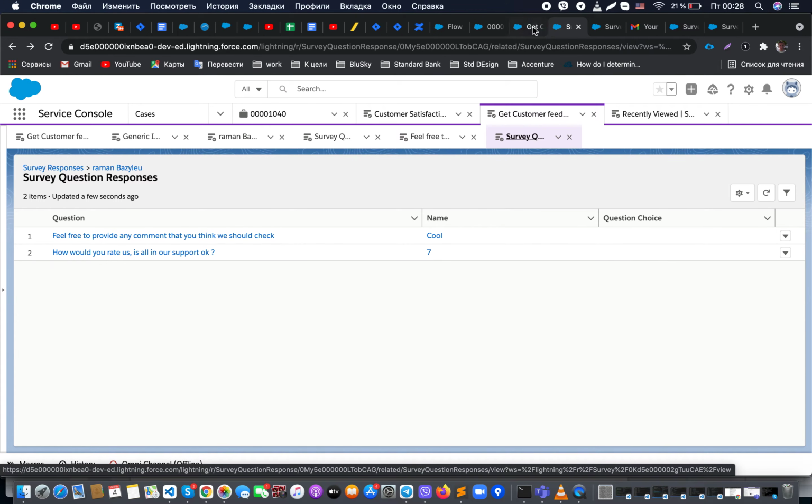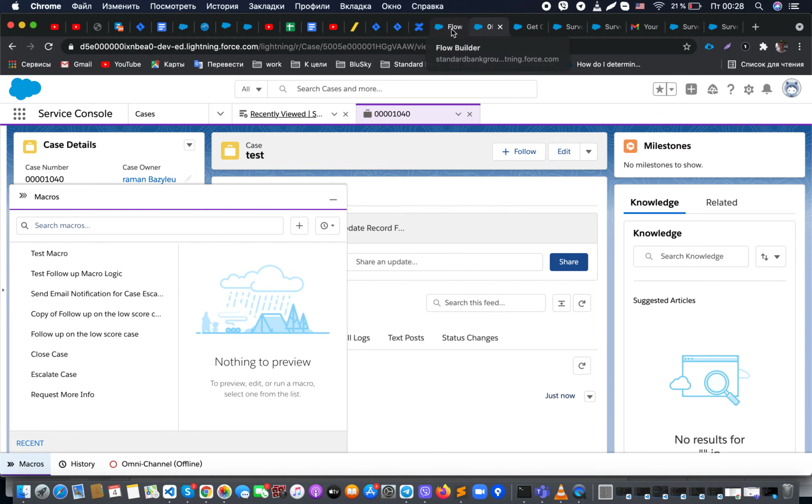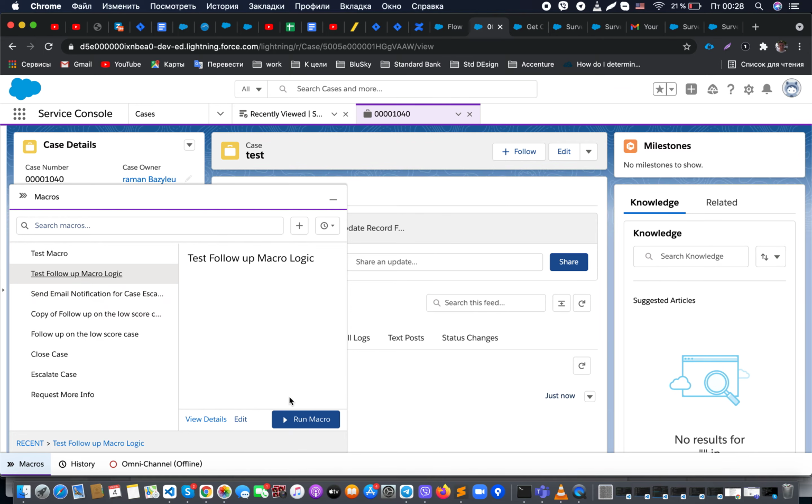So at this moment, just one more item that I would like to show to you. It's maybe a possibility for how we could follow up on cases that, for example, have a low score. One of the options is the possibility to set up a macro. And as part of the macro, if you have some kind of field on the case that tells you that this particular case requires follow-up, so this specific macro,